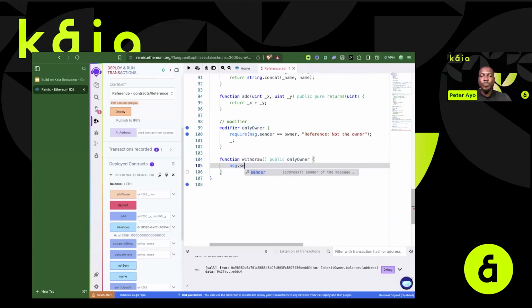msg.sender, or let's pass in address to and do to.call value. So let's get the value of the smart contract. In this case, let's do address(this).balance and pass this value over here. And what we do,